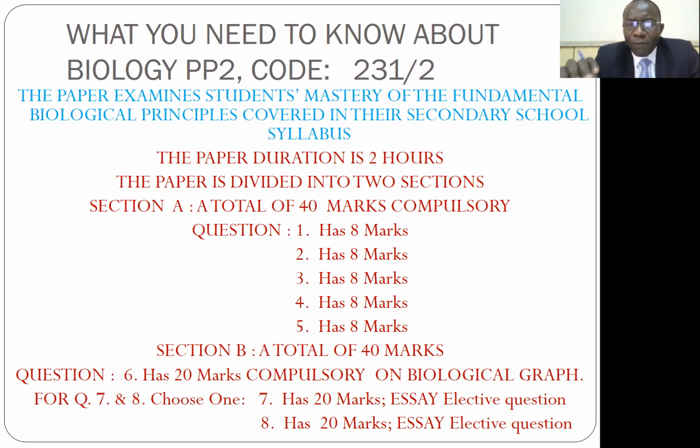It must be very clear for candidates that in NEC, we mark only the first attempted question by the candidate, such that if you attempt question 7, and probably you don't score well in question 7, and you also attempt question 8, and you score very high marks in question 8, let's say out of 20 marks, you score 18 out of 20, and in question 7, you scored 5 out of 20,